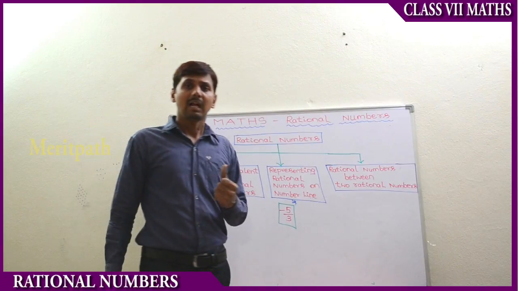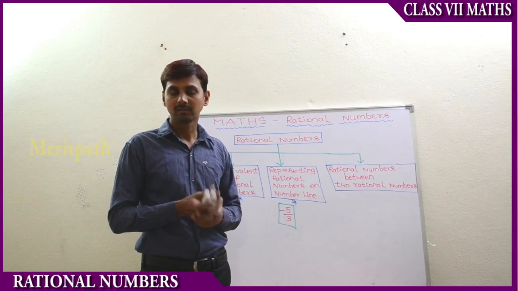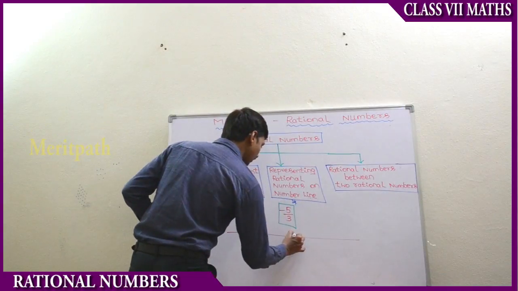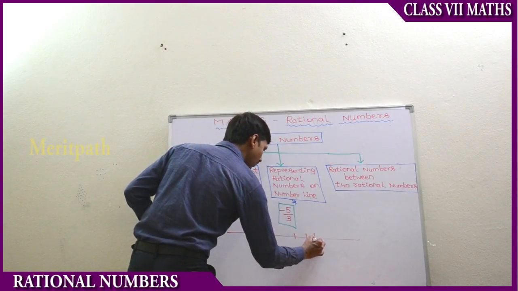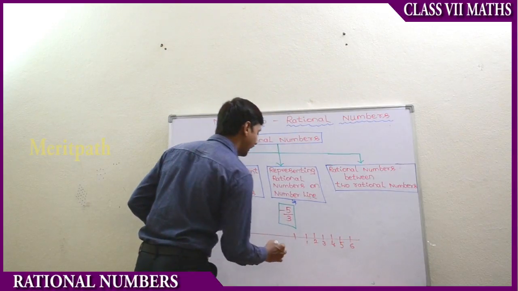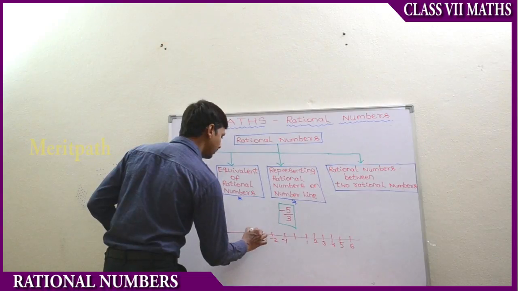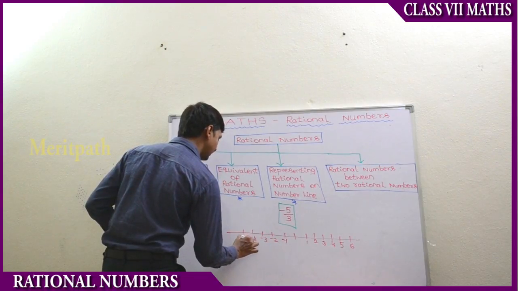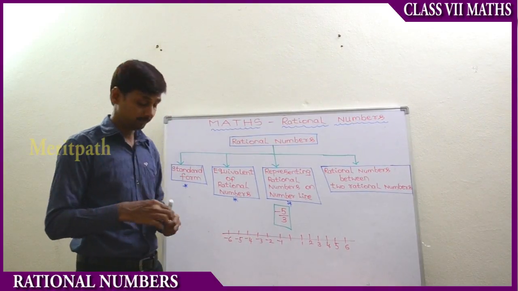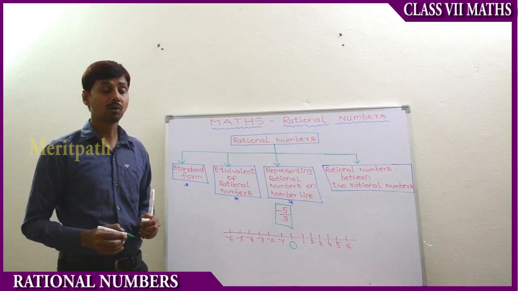So in case of a negative rational number, we need to take the integer line. We know what the integer line is: positive values 1, 2, 3, 4, 5, 6, and negative values minus 1, minus 2, minus 3, minus 4, minus 5, minus 6. These are negative numbers, and along with 0, positive numbers and negative numbers along with 0 are called as